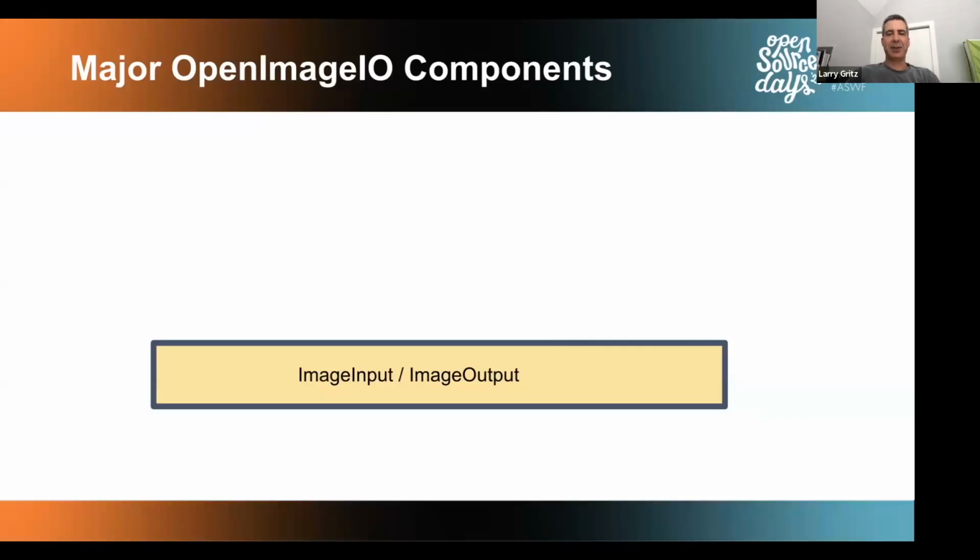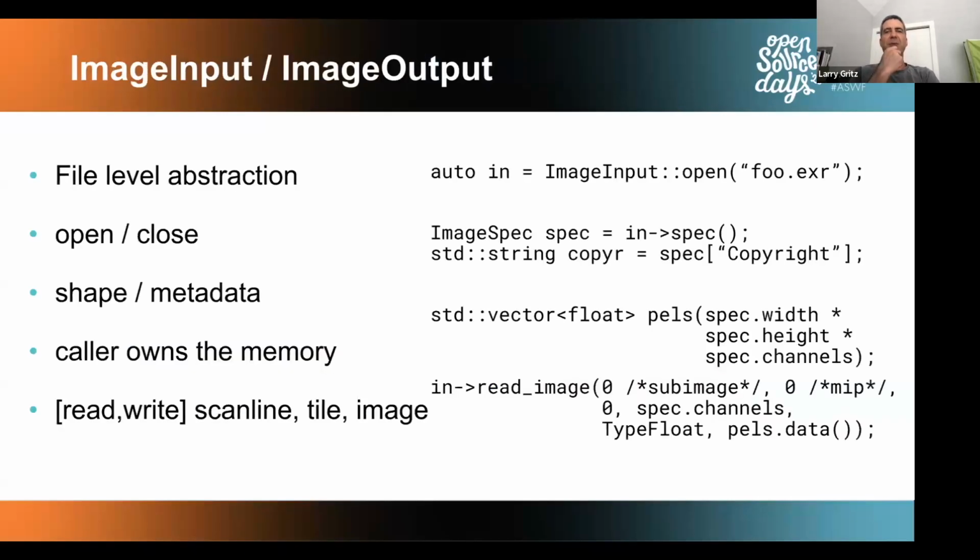So at the core of things, at the low level, are classes called image input and image output. And these are, as Danny said, the basis for the file format agnostic nature of everything that we're doing. And these are responsible for what I would describe as the file level abstraction of the images. So the kinds of operations that they're dealing with conceptually are opening and closing files, finding out about the shape and metadata of the image that's in the file,